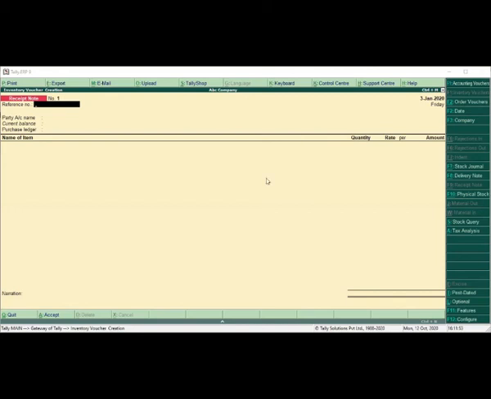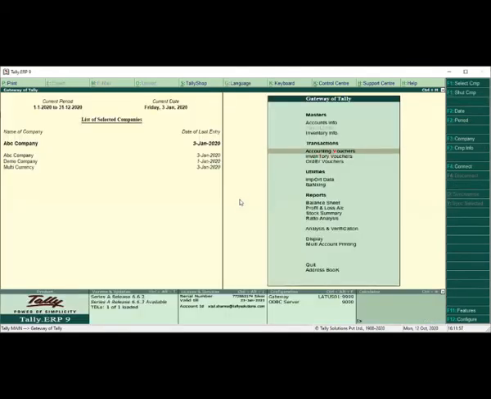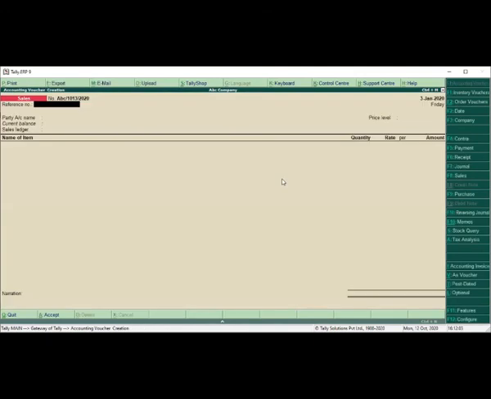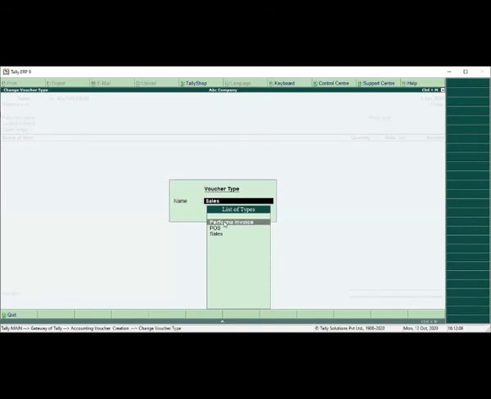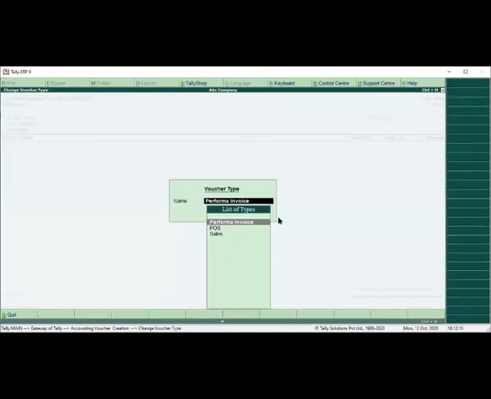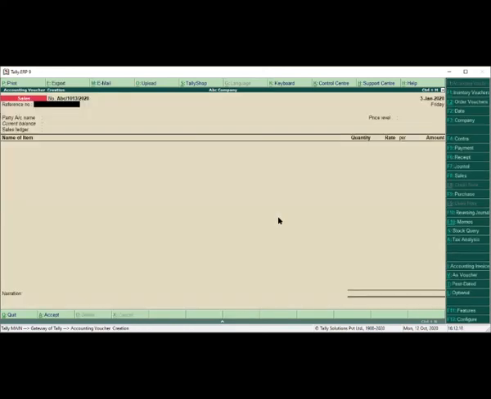Yes, so the proforma invoice. While making the sales invoice, make it in optional voucher. Let me show you the proforma invoice. Either you can create a voucher type, which I have created, which is proforma invoice. If you don't want to create the proforma invoice voucher type, then go directly to the sales invoice. You need to enable one option, which is optional voucher.